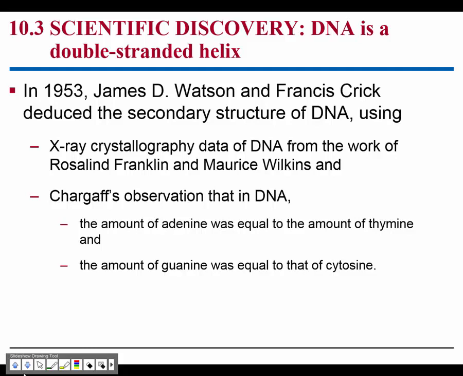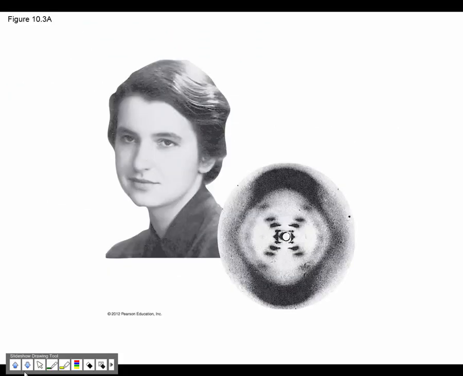So they took the data and they found, Chargaff found that the amount of adenine was equal to the amount of thymine, and the amount of guanine was equal to that of cytosine. So they knew that G and C, and A and T kind of matched one another. There's Rosalind in one of her X-rays of the DNA that was very influential for Watson and Crick to deduce the